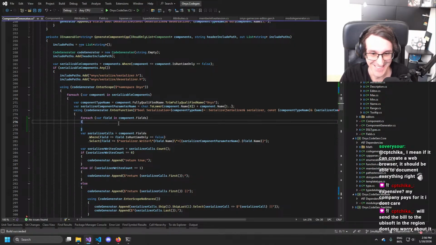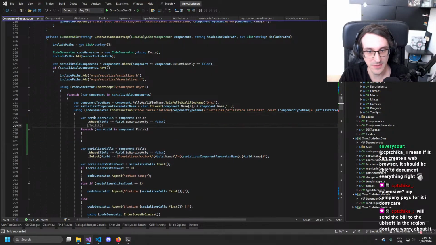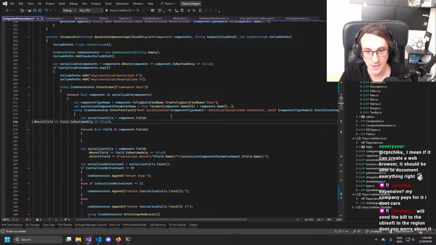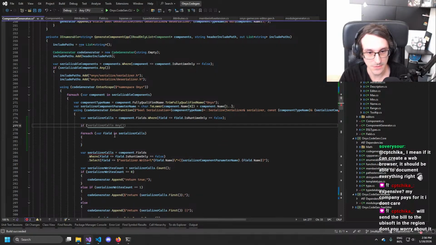God damn it. They don't have any money left. I guess I do that. So we basically filter out all our runtime only fields. Now we basically generate based on that. Well, if we have only one.